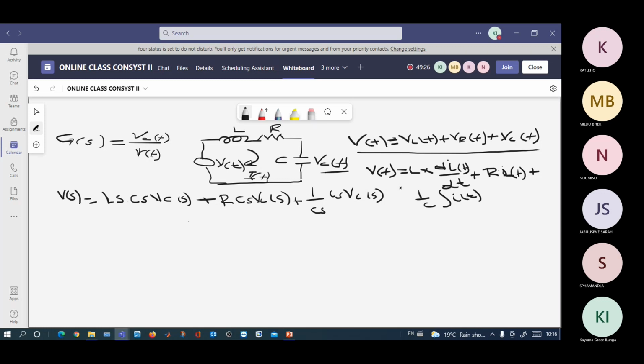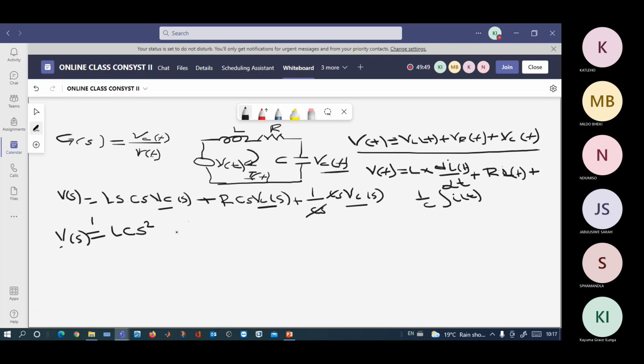So we can simplify that one. Then here we're going to have, so we have V there, and V there. So we can put it like this: VS. Remember, this is the input, and this is the output. So we're going to have now